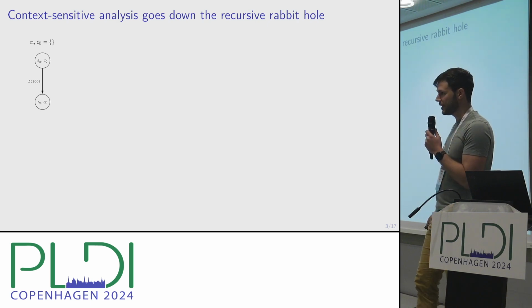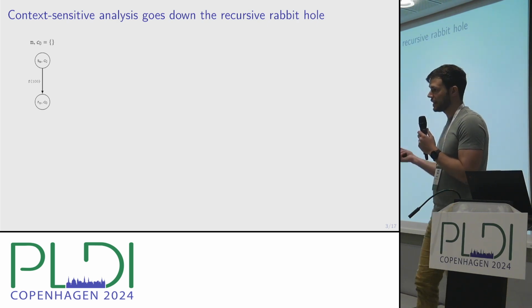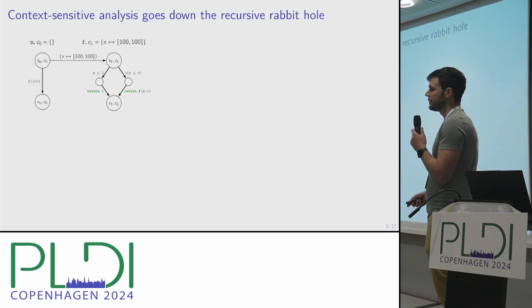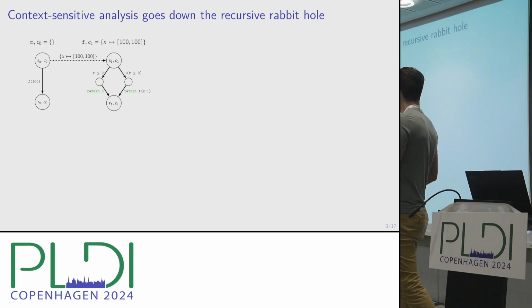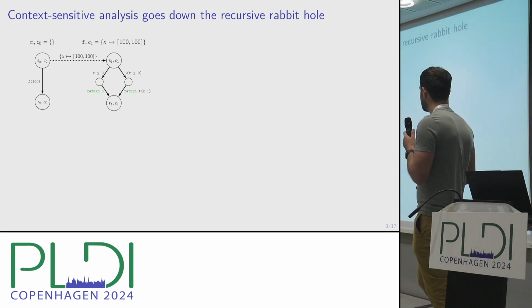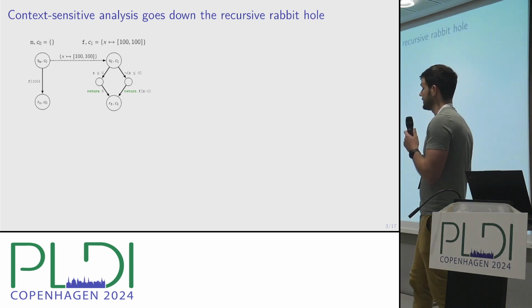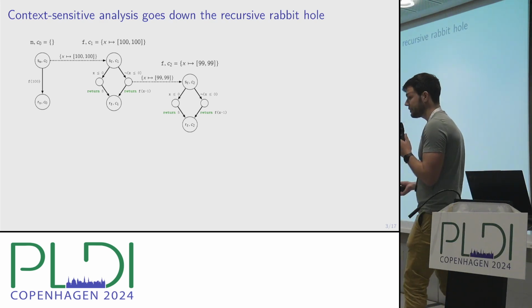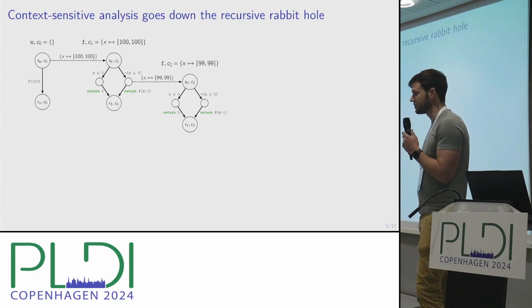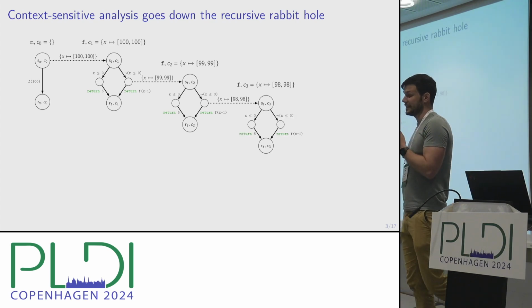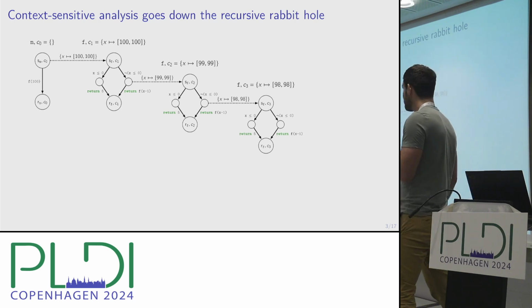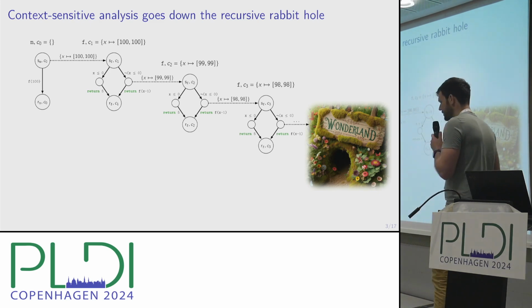At first we would start from the function main, and we would have to look at the function call that is happening there. To analyze this function call, we would analyze the function f in the context where x, the parameter, is 100. And of course, we would again have to analyze the function call that is happening within this function invocation. We would have to look at the function f in the context where x has the value 99. And again, we would have to look at another function call, this time in the context where x has the value 98. And this would go on for quite a while until we enter the rabbit hole, so to say,